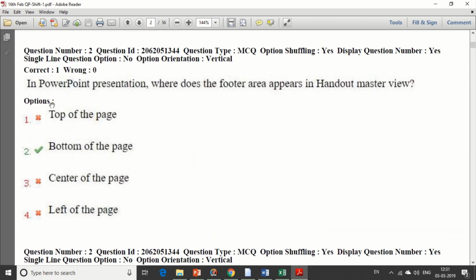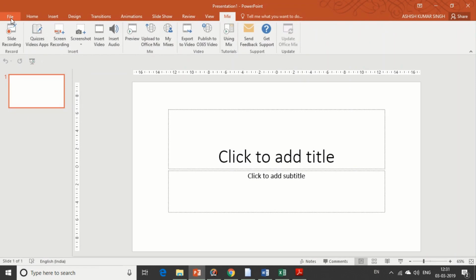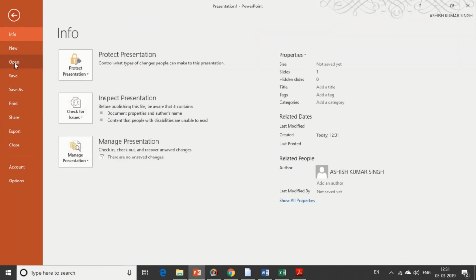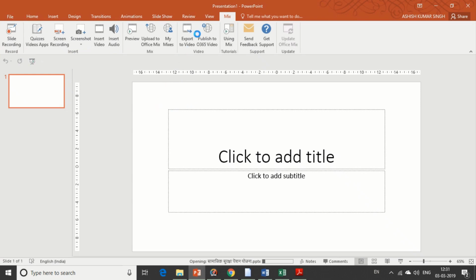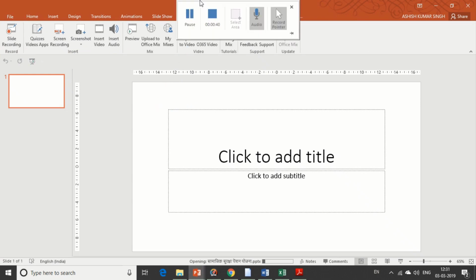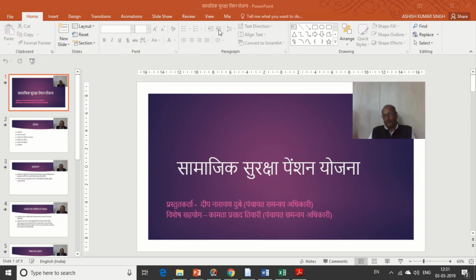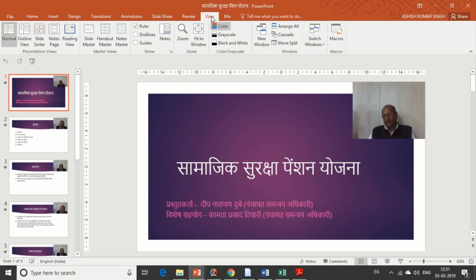Second one is that in a PowerPoint presentation, where does the footer area appear in handout master view? If we come to PowerPoint and take any presentation like this one, and now we go to the View tab and take Handout Master.